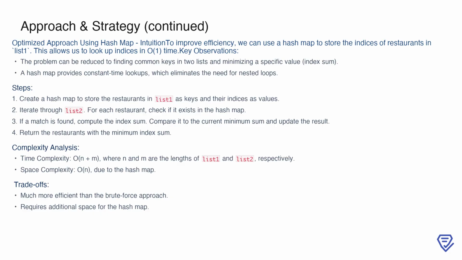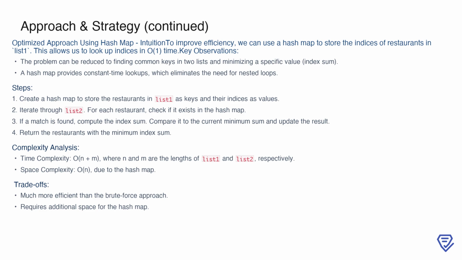By treating the problem as finding common keys between two lists while minimizing their index sum, the hash map becomes a powerful tool. The process involves creating this hash map for the first list, then iterating through the second list to check for matches in the hash map. When a match is found, we calculate the index sum, compare it to the current minimum, and update our result if necessary. This approach improves the time complexity to O(n + m), where n and m are the lengths